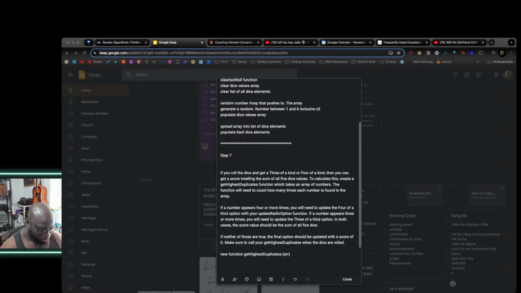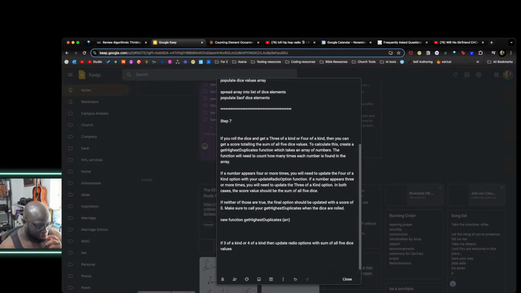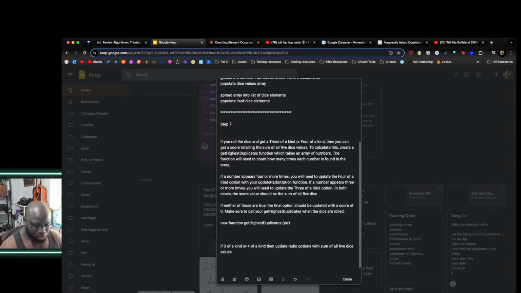So, new function get highest duplicates, right? Our function needs to count how many of each. Now we've done this before, and I can't remember where we did it, so I don't want to go look for it. But our AI model was actually quite useful. So our AI model created, let's say, a counter object,